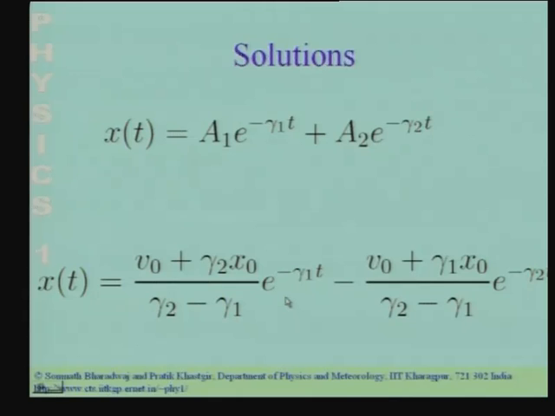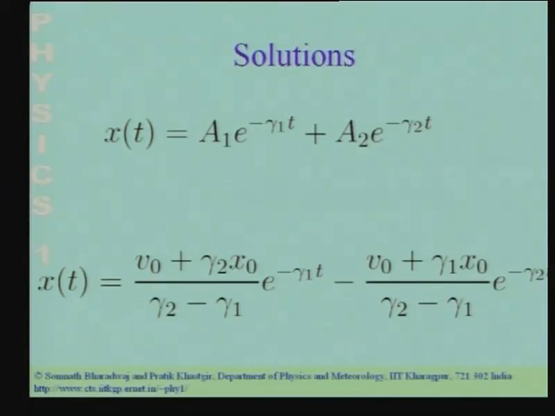So, the point to note is that if you have very high damping, the door is going to take an extremely large time to come back to the position where it is shut. This is because of the solution gamma 1, which is very small. If gamma 1 is very small, this particular solution e to the power minus gamma 1 t is going to decay very slowly, and it is going to take a long time to come back to the position where the door is shut.